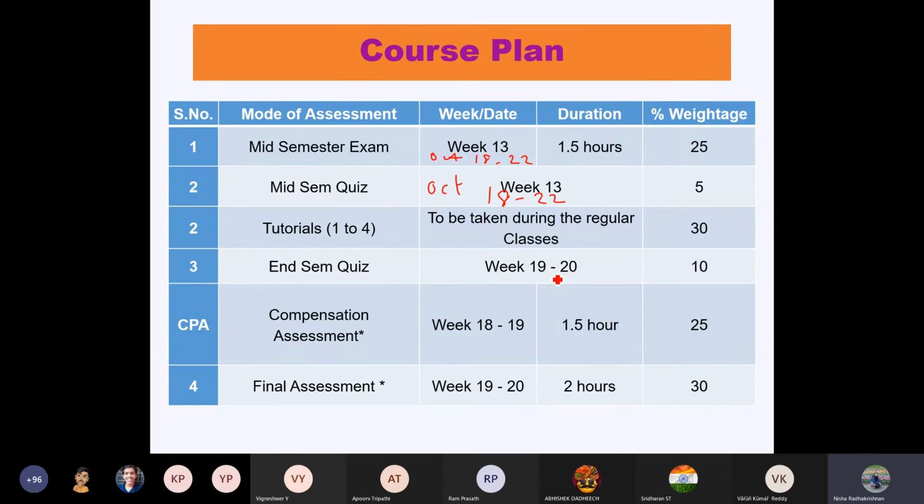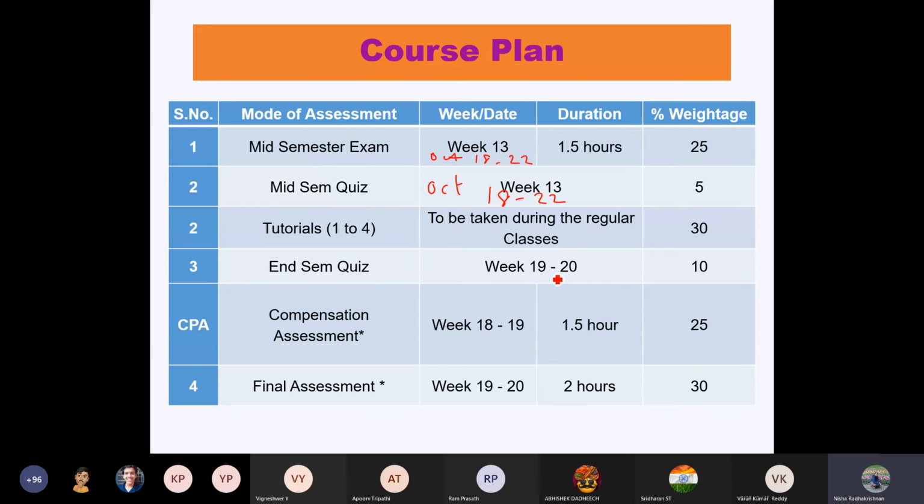Be more punctual, be available in all the tutorial classes, and the tutorial classes will be decided at least a week in advance, so that breather will be given to you. I'll say that we are going to have the tutorial so and so. You fix up the date. I am not going to fix up the date. You can fix up the date.